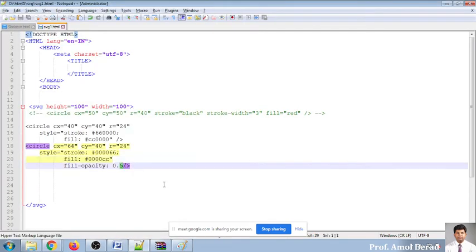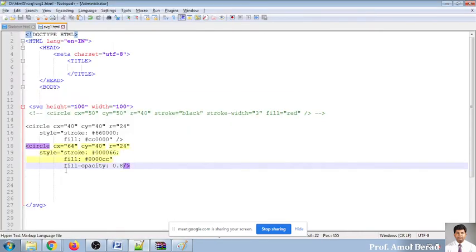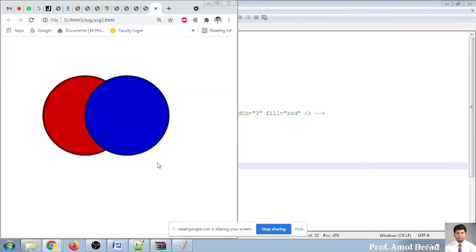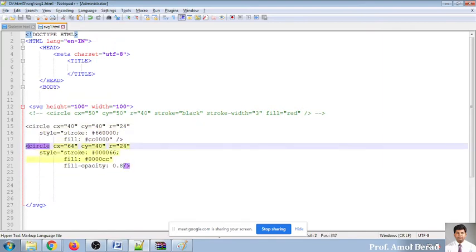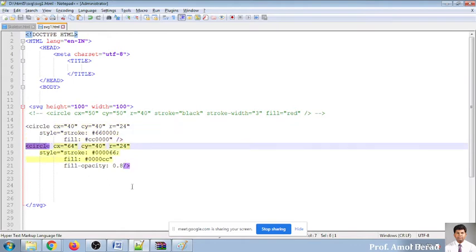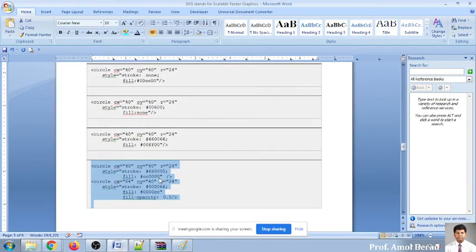The more the opacity, the more visible the overlap. So you can draw this type of circles with the help of this single circle attribute. The more circles you want to draw, the more XML circles you have to use for the purpose of displaying something. Okay, is it clear to everybody in the circle section? Yes or no?